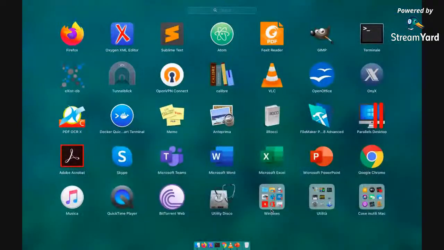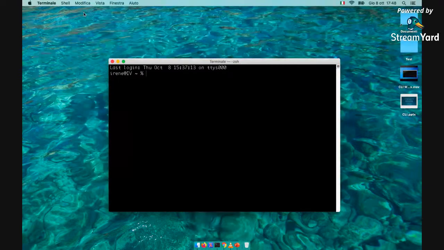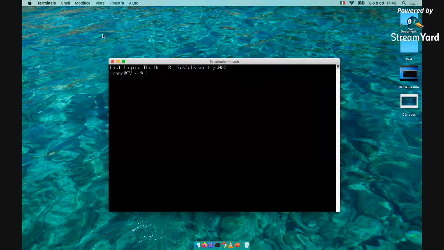So here I'm launching the terminal from the Launchpad. And here you can see on the left, there is the name of my computer, and then my home directory, the tilde, and then the shell prompt, and then the cursor, meaning that the command line is ready to receive